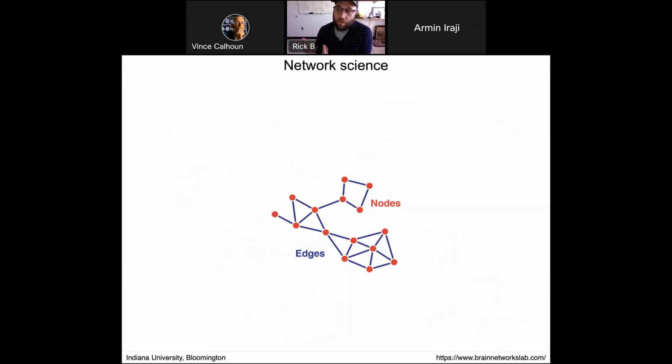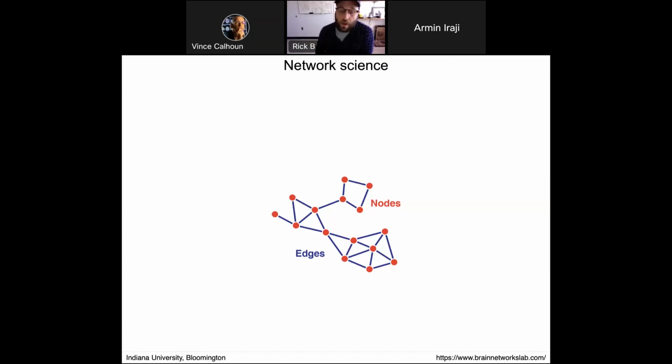A word on networks then. In general, these networks, irrespective of scale and modality, we can represent them as networks or graphs. The brain regions, the neural elements, the neuronal populations become our nodes, and the anatomical or functional connections become edges in this representation. It's a very simple model. It strips away a lot of biophysical detail about nervous systems, but it's eminently simple.